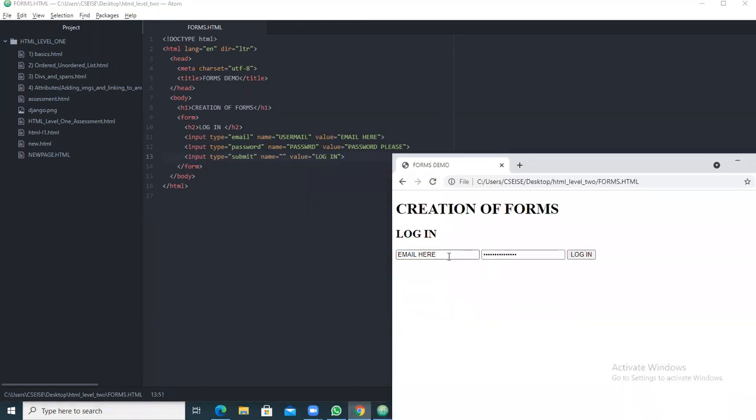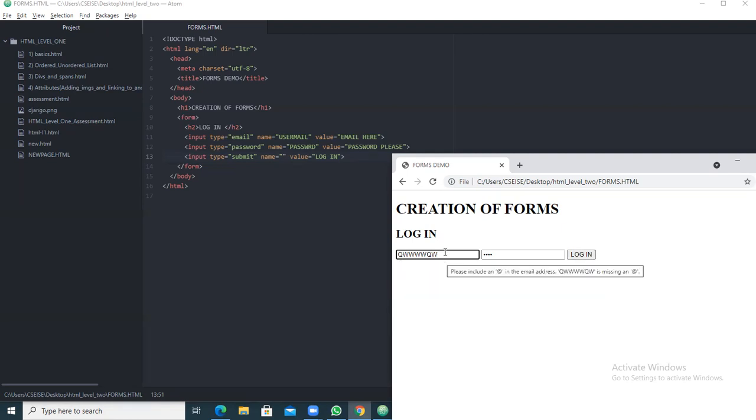So now you are getting email here, password will come here, and login. Whatever you give in email, and password you give 1234, and you can press login. It is showing, please include an @ in the email address.